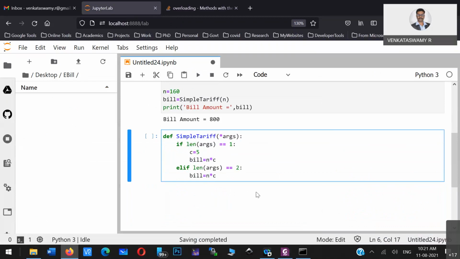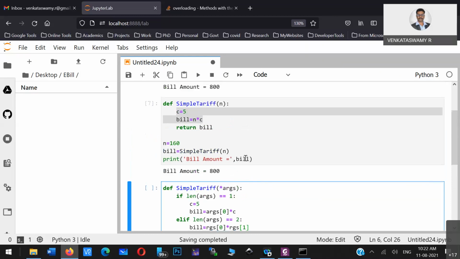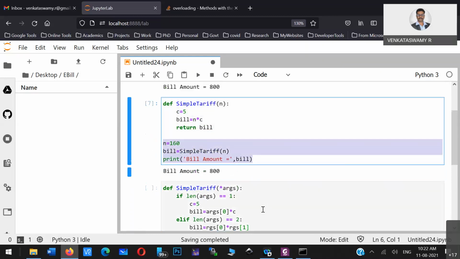In this particular case, C is fixed anyway. So n is basically argument of 0, right? Argument of 0, the first parameter. And in the second case, argument of 0 into argument of 1, so the first parameter and second parameter you are multiplying. In this way you will calculate. So now what happens when you run this particular program?